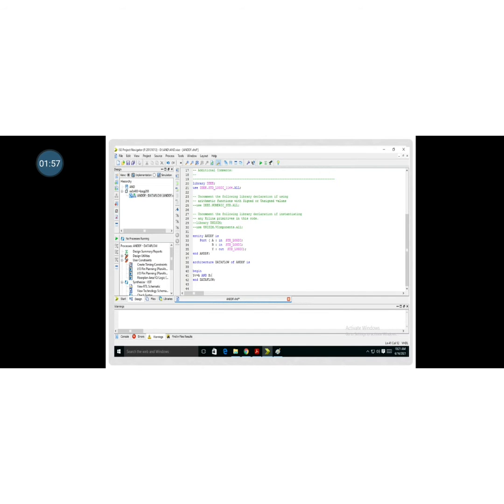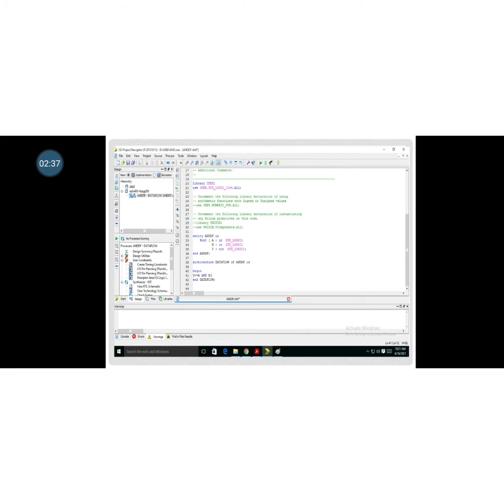Then after clicking that, you will enter into this window. Here you have to edit the program, that means you have to write the program. The very first thing is library declarations. It is already done here, and the program is written here. The entity is declared, then the ports, and then the architecture using the data flow model. Inside the begin you can see Y is assigned A and B, semicolon. So this is the overall VHDL code editor.